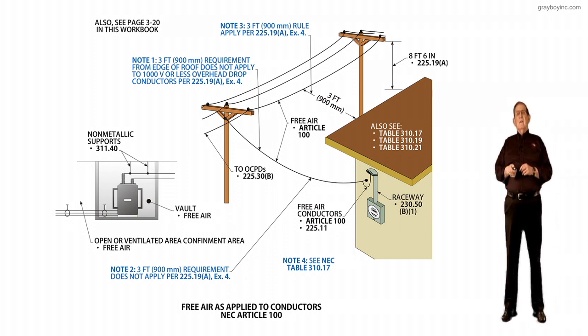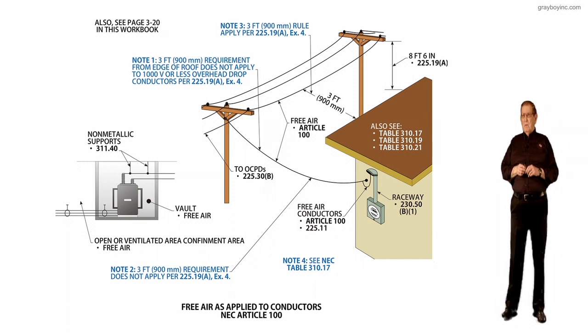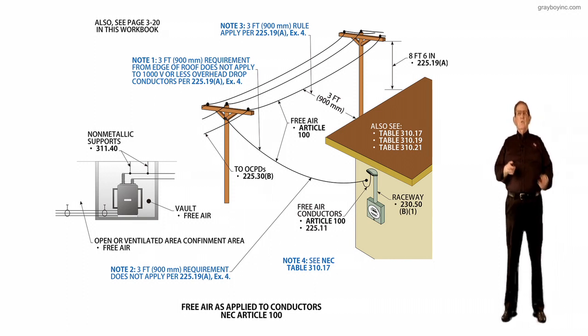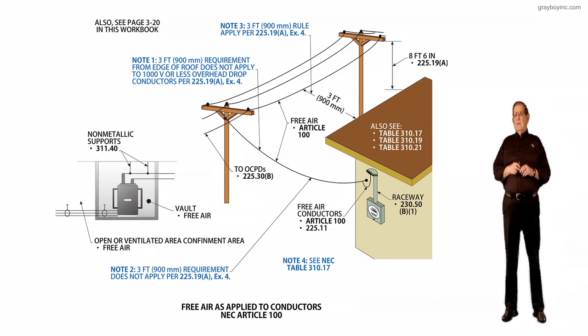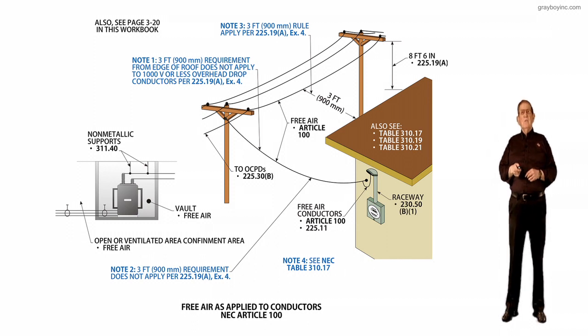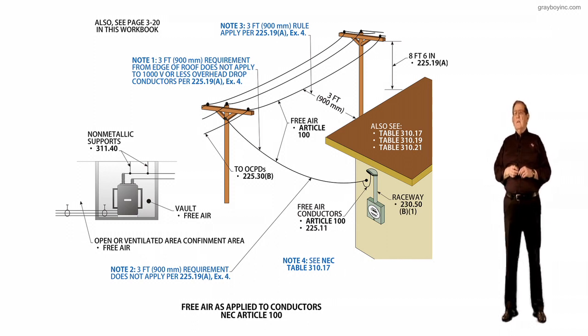Then notice a thing that's been a problem for many years is where you were in an area and it was all open, and you didn't have conductors in conduits or in trenches covered up and so forth. Then they're saying that you could have a free air termination there. And then, of course, you would consider these conductors, how they were routed, were they overhead, were they in conduit? And you could say, yeah, all this